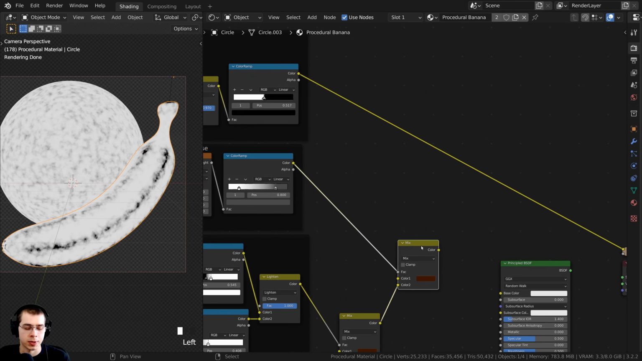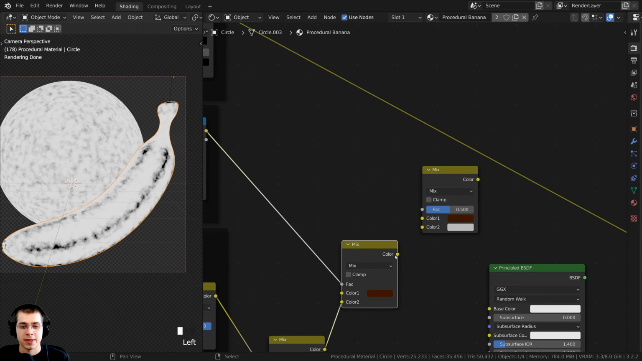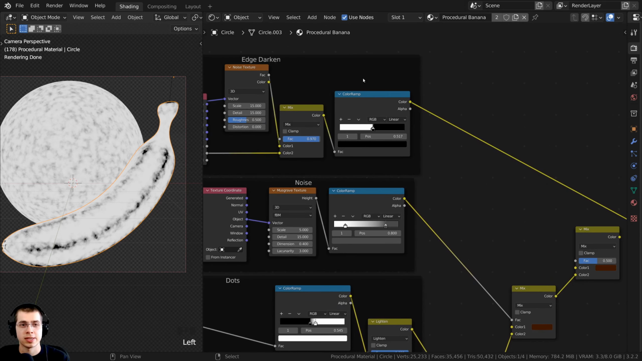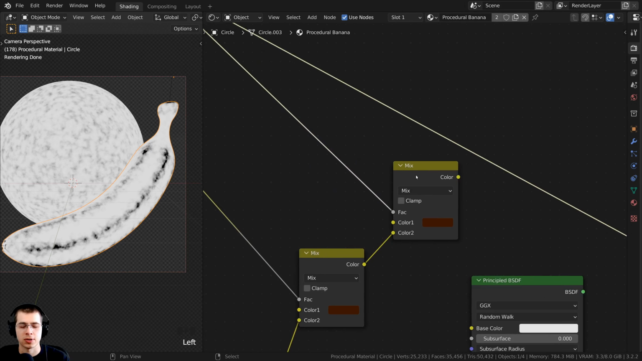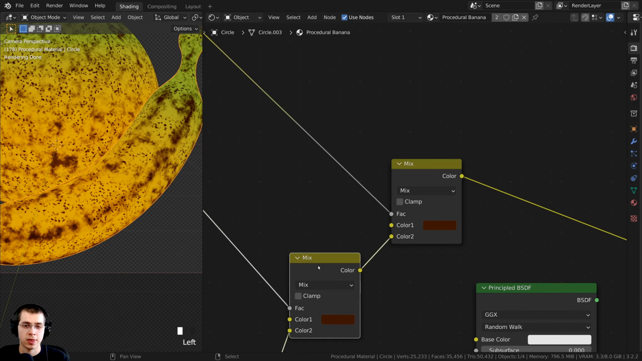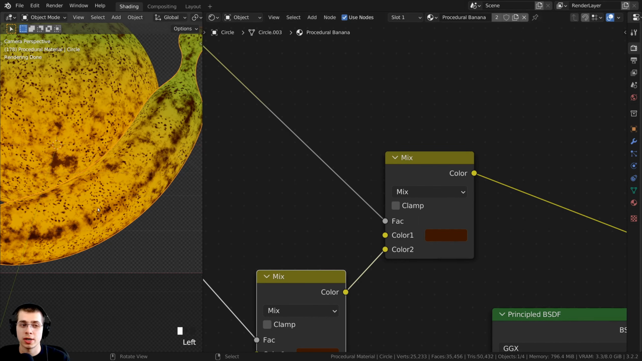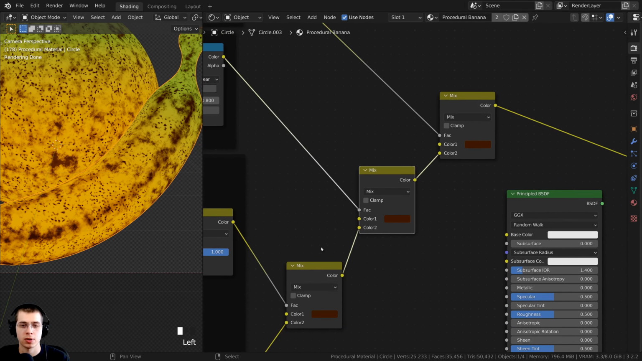So edge darken. So we can now take the edge darken and we can mix it into the color with another mix RGB. So I'm going to select this mix RGB. I'll press Shift D to duplicate it, stick it up here, and then I can take the color from this mix and I can put that into color 2. So then this edge darken, we're going to take the color and we're going to put that into the factor. And then I can Control Shift and select the mix. So now that is being mixed together with the other color, and color 1 is going to be that brown